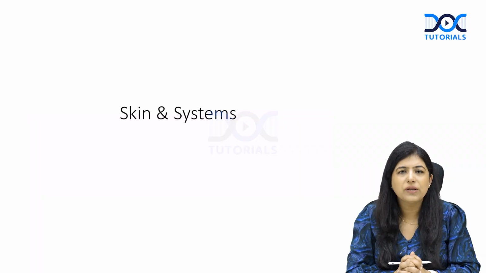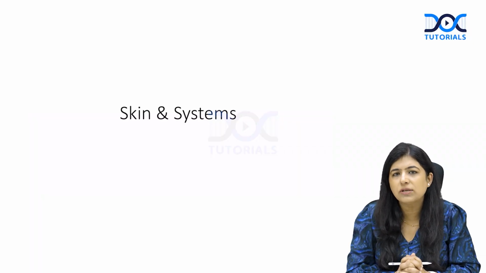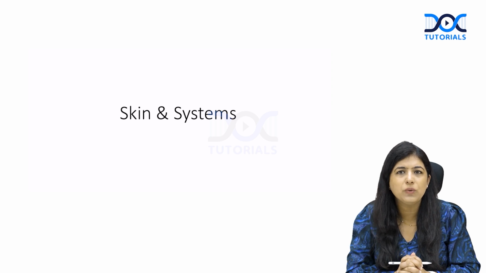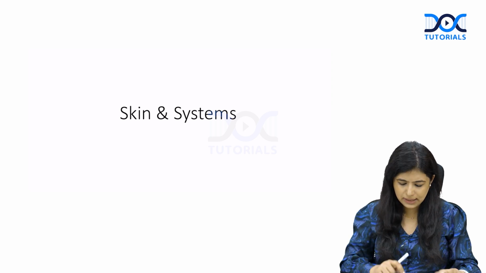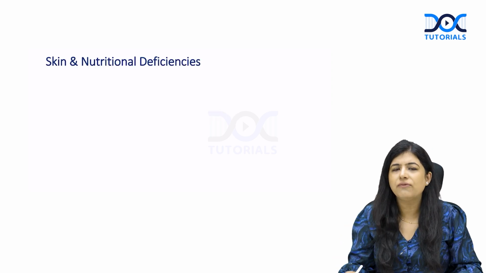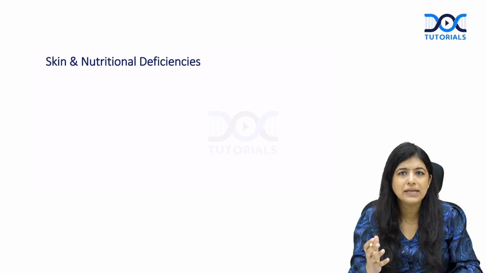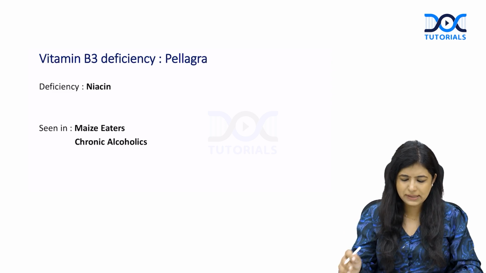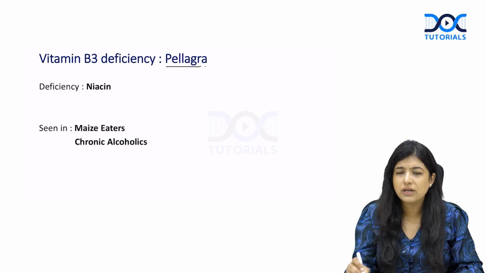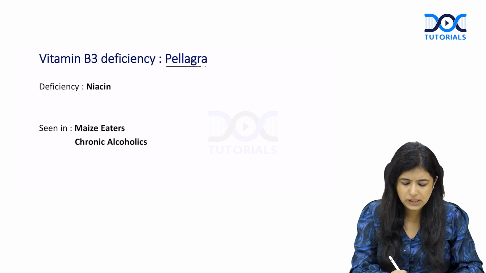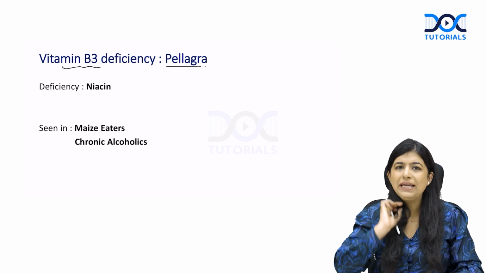Everyone, welcome to this video where we will be discussing skin and systems, that is dermatological manifestations of a few important systemic diseases. To begin with, we have nutritional deficiencies, which is very important both for your clinics as well as for your exams. The first that we have here is pellagra, which happens due to deficiency of vitamin B3,